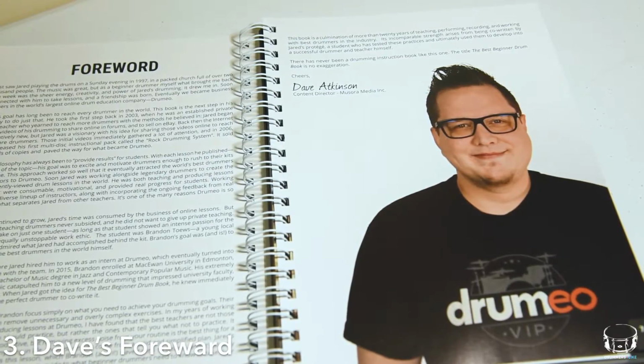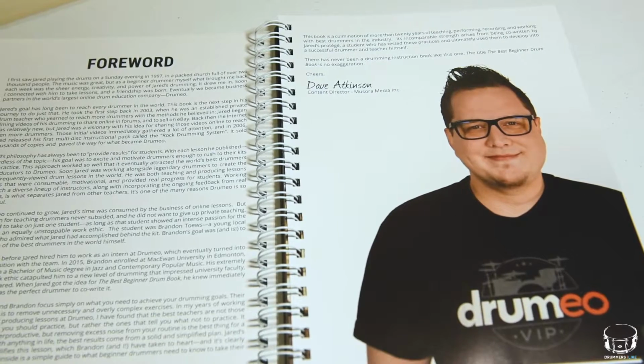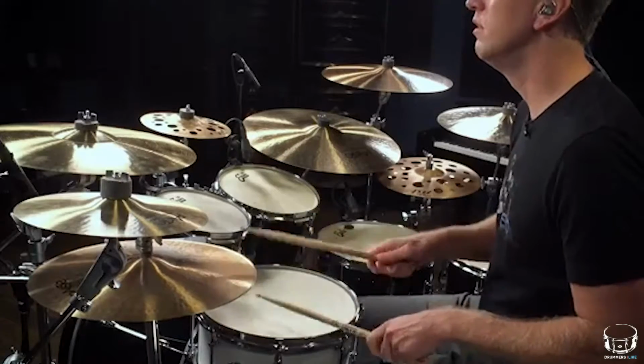Dave Atkinson has been working with Jared since 1997, and he really summed up this relationship that started purely from being super into Jared's playing. To break it down, Dave used to go to a church that Jared was playing drums for. Like 2,000, 3,000 people were there, and he was so enamored, so influenced that he eventually asked Jared for lessons, and those lessons turned into a relationship that ended up becoming Drumeo, which really is the world's